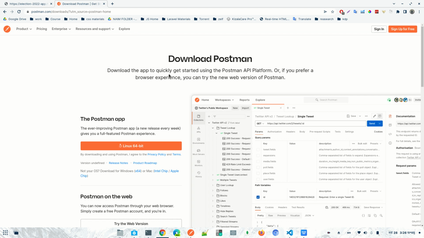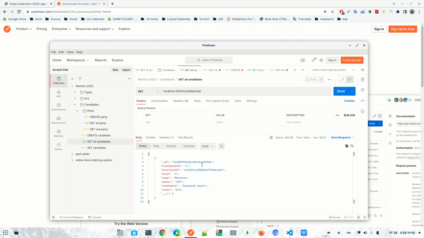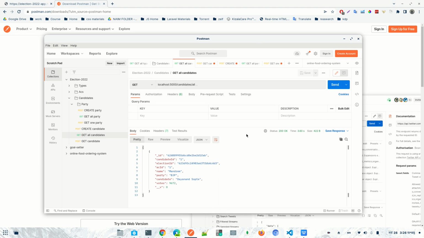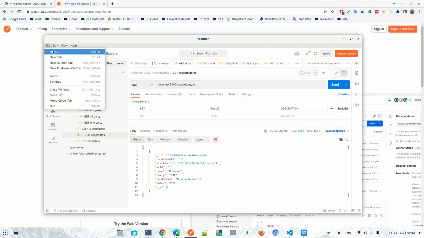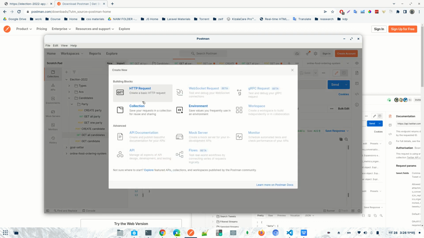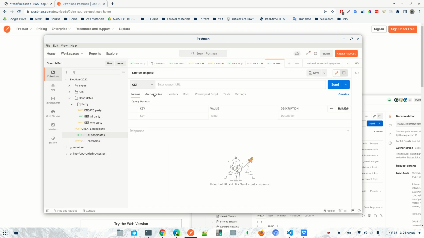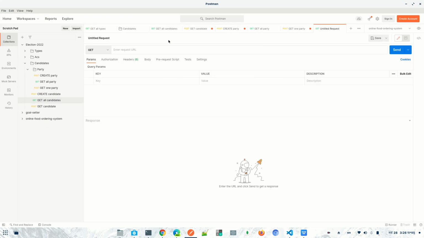Okay, so it's not that difficult to install it, and after installation it will ask you for registration. You just skip it, and after that you will have something like this, and you can create a new request. Just go to here, new. You should select HTTP request, then you should enter the URL. So for us, the URL should be,